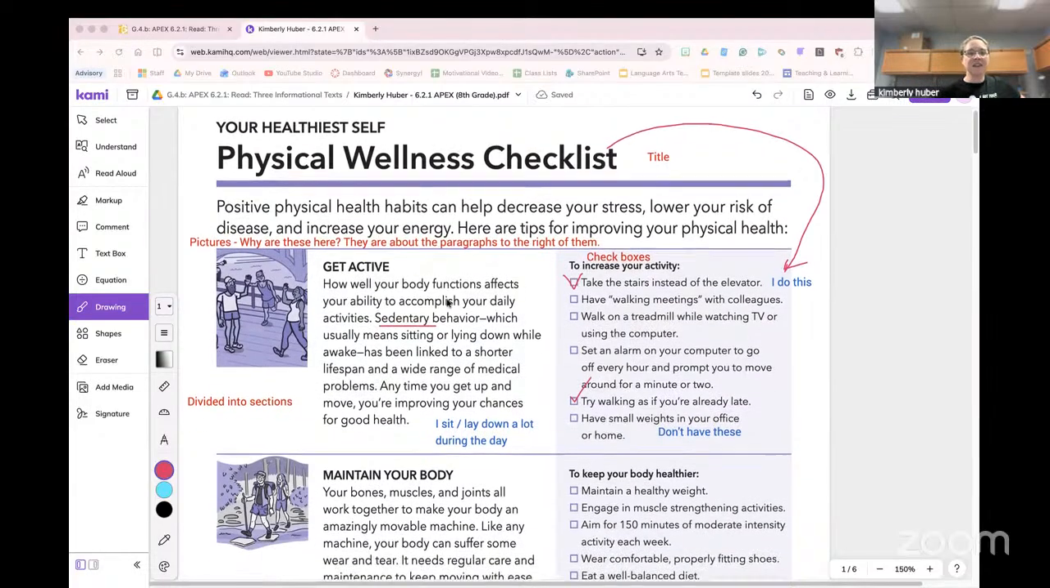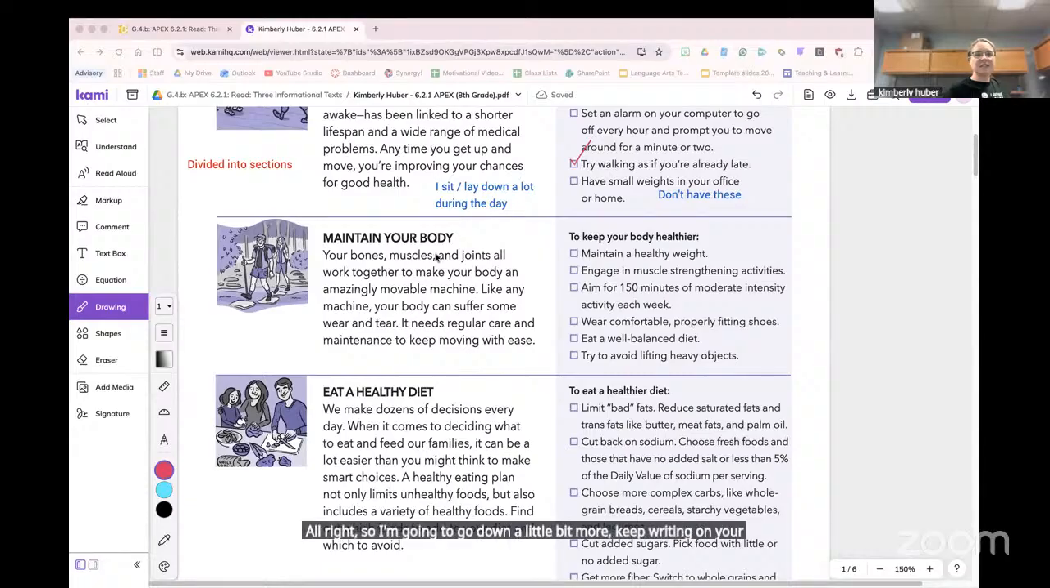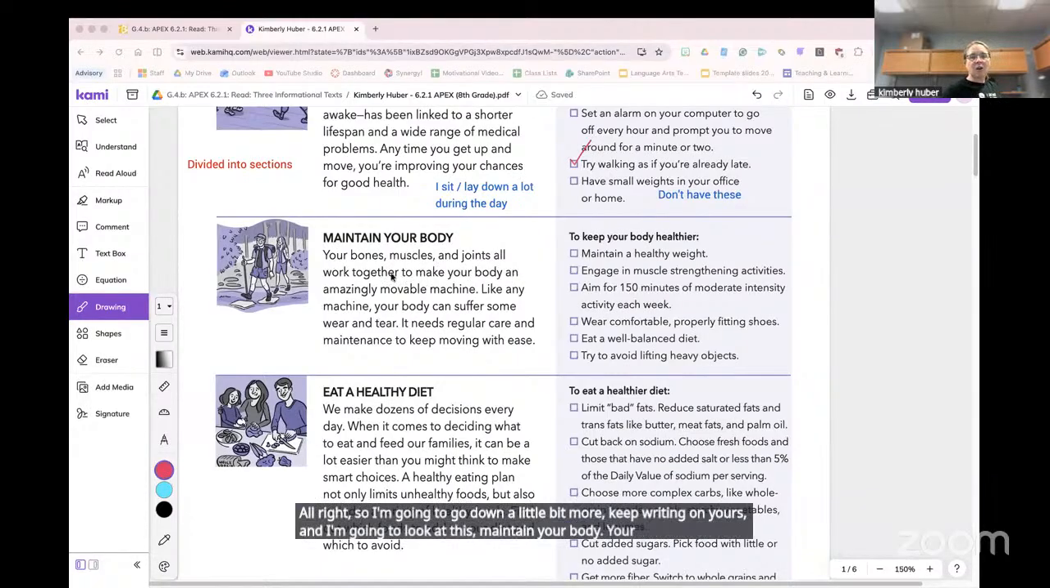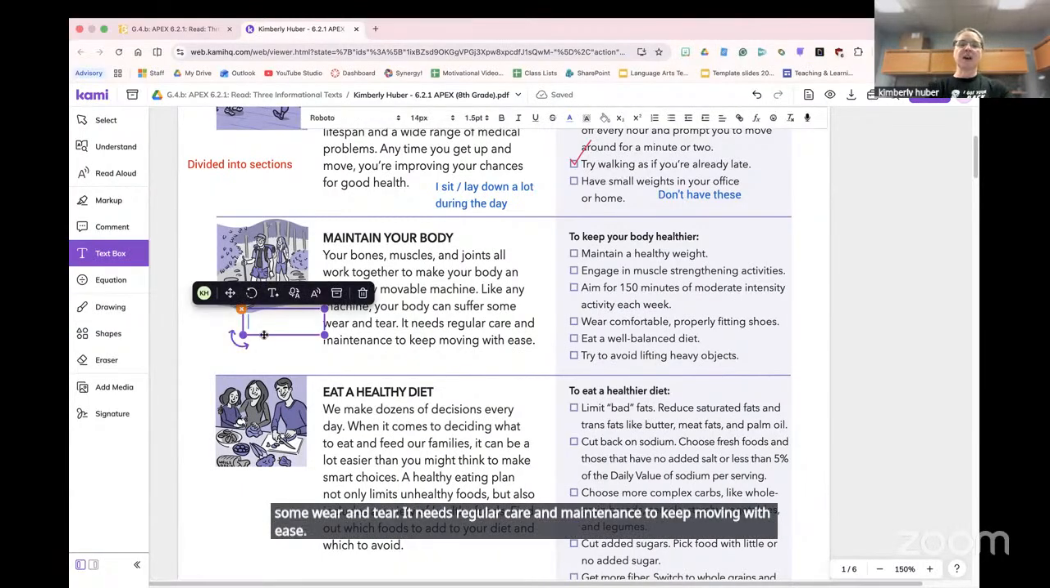All right, so I'm going to go down a little bit more, keep writing on yours, and I'm going to look at this, maintain your body. Your bones and muscles and joints all work together to make your body an amazingly movable machine. Like any machine, your body can suffer some wear and tear. It needs regular care and maintenance to keep moving with ease. Could say like your body gets old. Bodies get